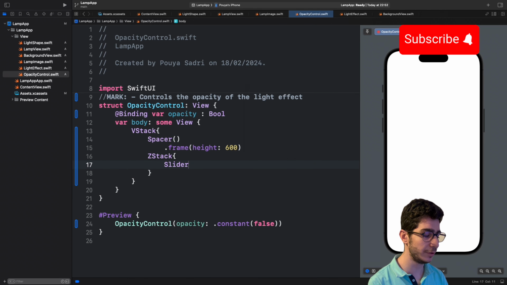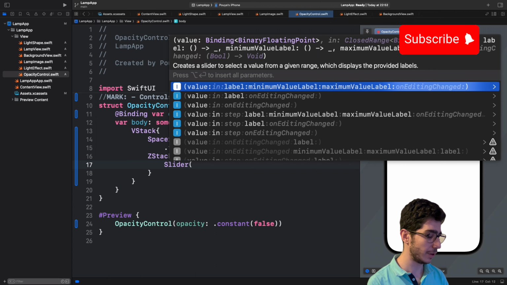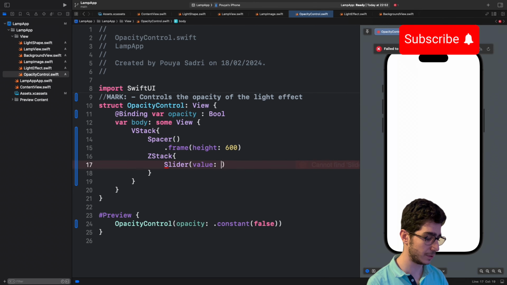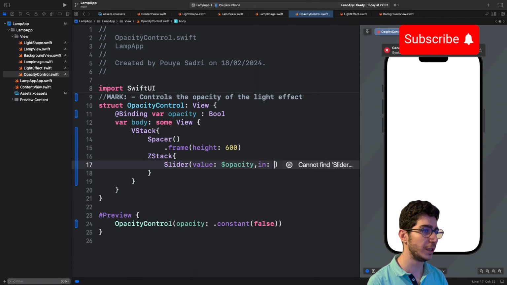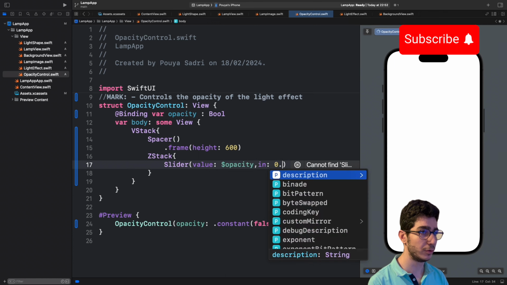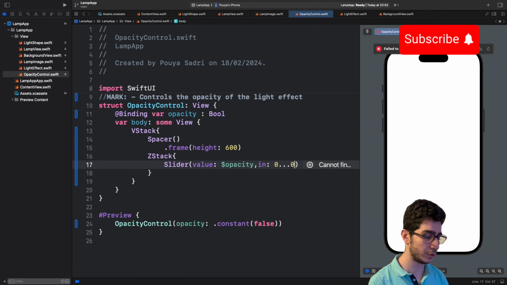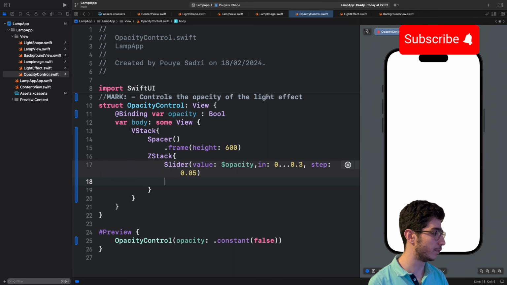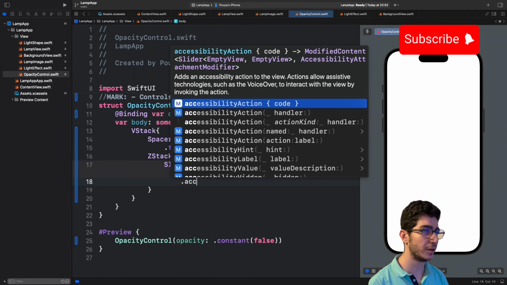So we have the slider. Here we have to pass the value, and we have to pass $opacity, and then we have the in, and we have 0 to 0.3. And we have to pass a step 0.05, and we have dot accent color,